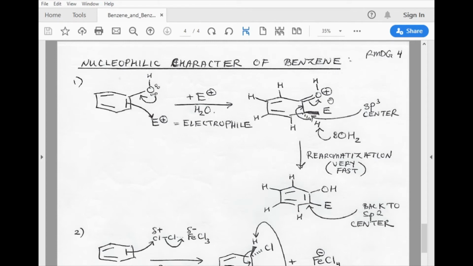And so we have this positively charged oxygen, and because of formal charges, we would like to state that this is positively charged. And we can have water, which acts like a base. This electron lone pair can abstract the proton that was originally placed at that carbon. The electron density between the hydrogen and carbon falls back into the benzene ring, and then the oxygen-carbon double bond, that second bond